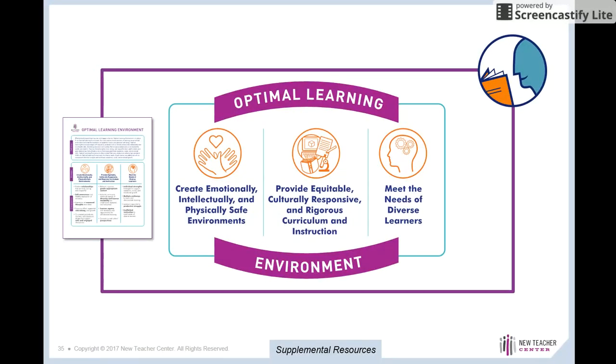What we'd like to do now is take a brief moment to take you back to your optimal learning environment framework. With that same partner that you just talked through the questions on packet page 15, we want to have you go back to your optimal learning environment framework that was the last page in your packet. One of you have that laying out while the other one has the actual planning conversation guide tool out, and take just 2 to 3 minutes to review those definitions, the domains, and the characteristics that you see listed under each of those 3 domains, and really look for places